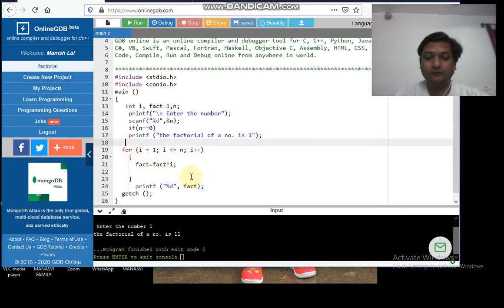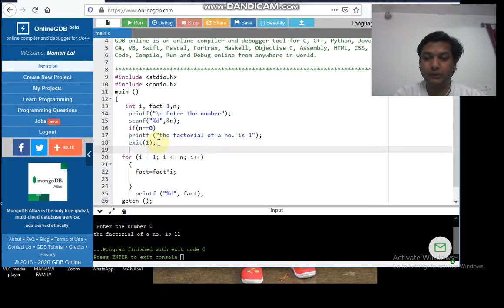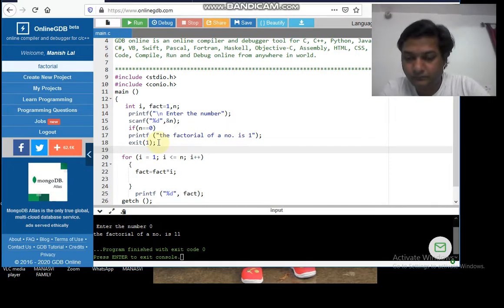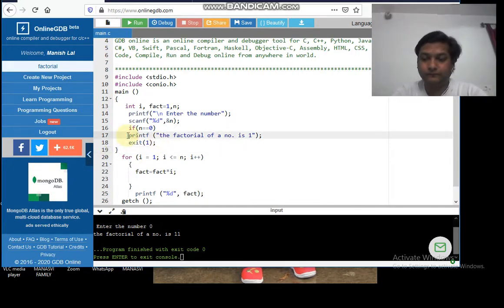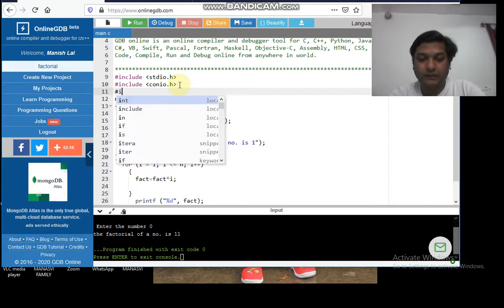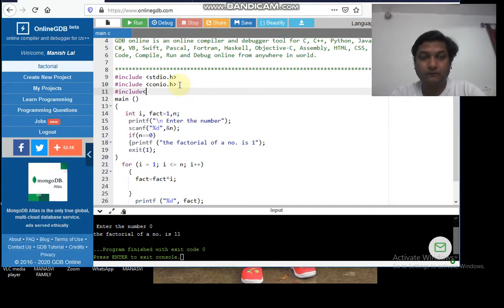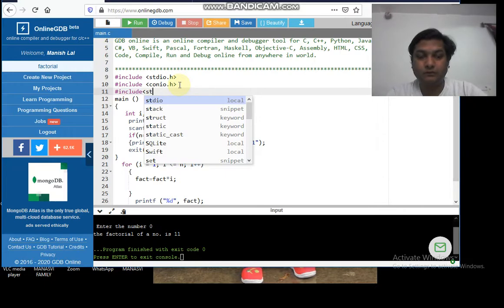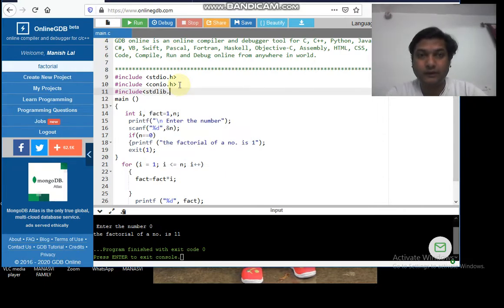So in this case we have to write exit over here, and it should come under the body of the if, and we should include one more header file over here, hash include stdlib.h.